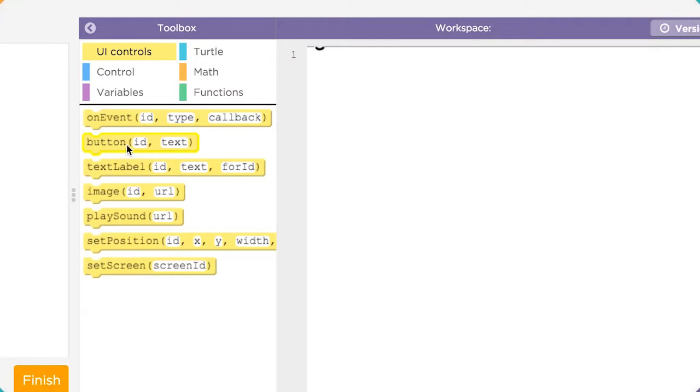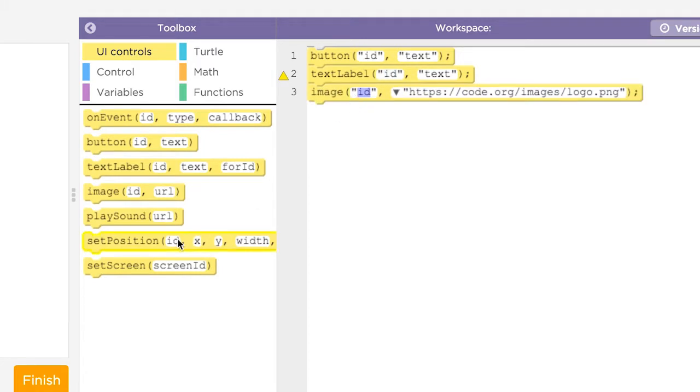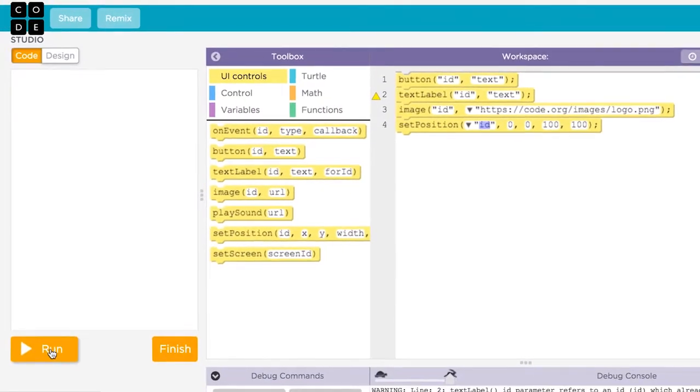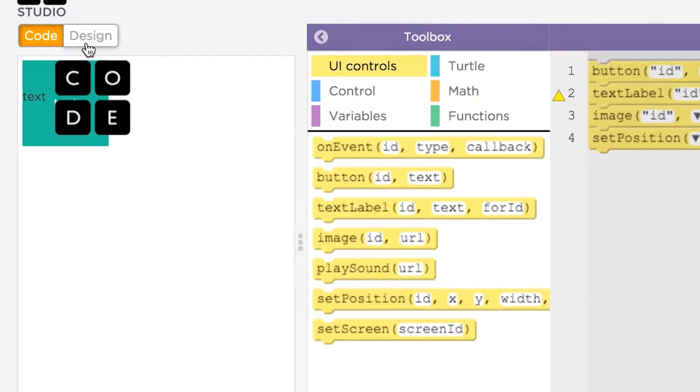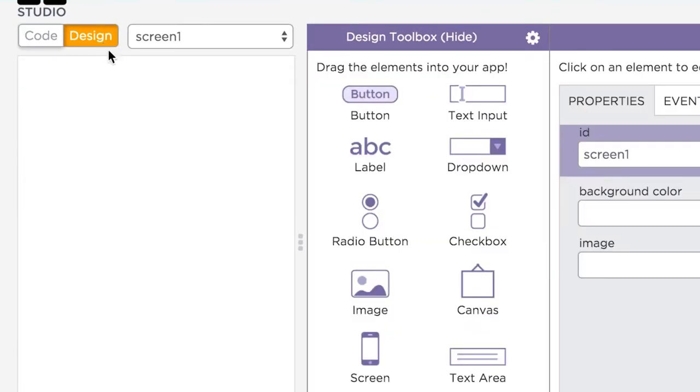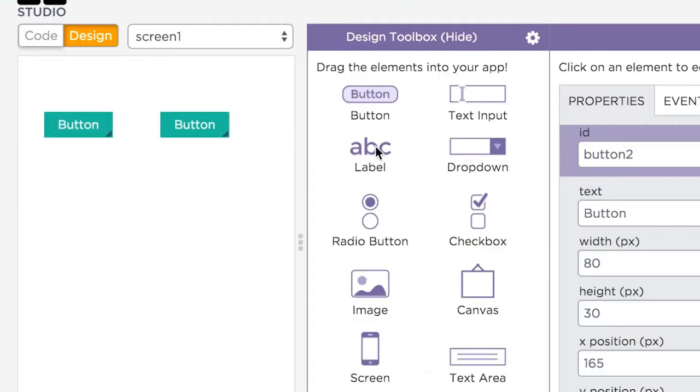We've seen you can add elements to your app like buttons, text labels, and images with JavaScript code. But we've also seen that the process of adding elements to the screen, positioning, styling them, is a bit labor-intensive and difficult to see without running the program. It also fills up your app with code that's not really related to its core functionality. Fortunately, AppLab has a feature called Design Mode, a design tool that lets you quickly and easily design your user